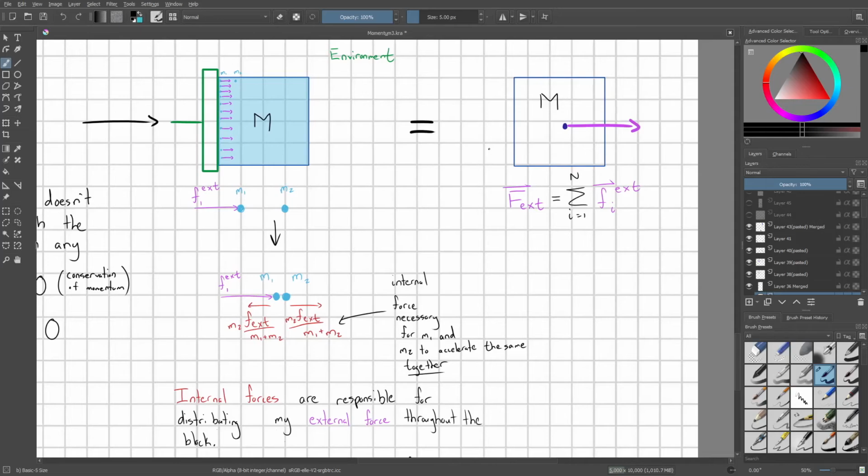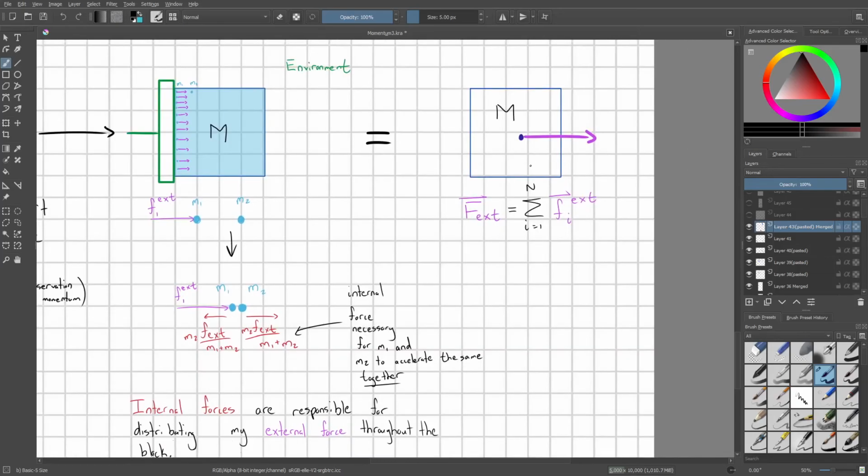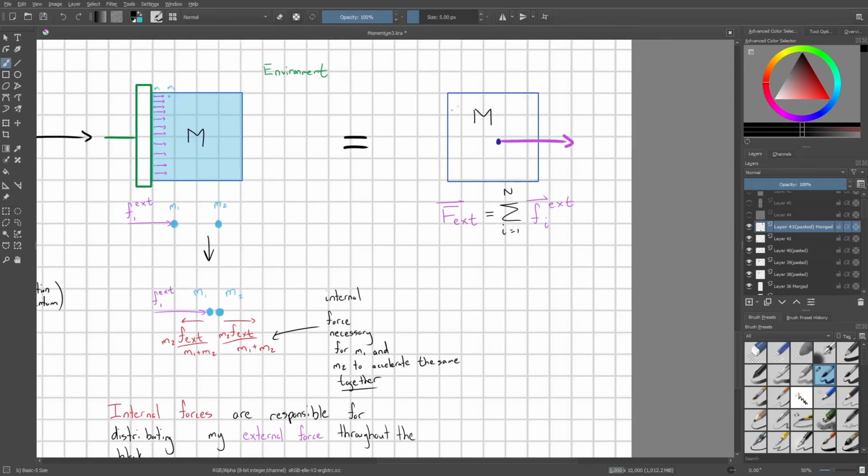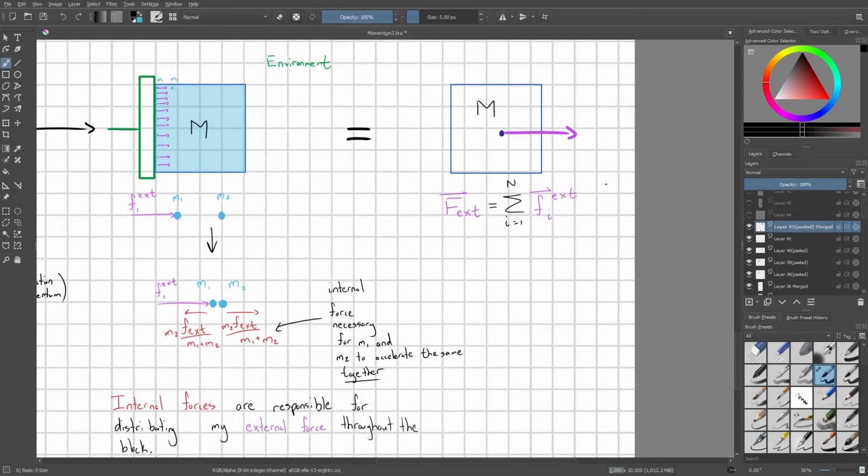But anyways, we don't even have to worry about any of that, because in this video, we showed I could just take all of these guys right here and add them together, and I get the net external force. Depending on who you are, you can draw the net external force from your center of mass. I think a lot of people also like to draw the arrows on the end of the box, but anyways, that's up to you. So yeah, we can show that this summation is true,